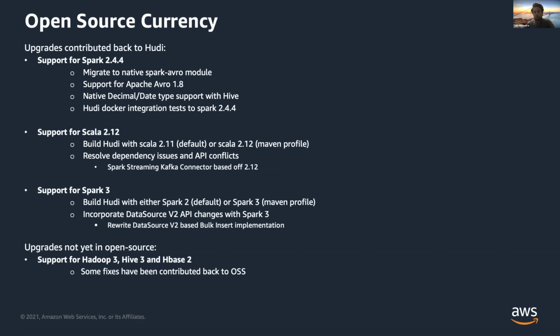And our most recent contribution has been around adding support for Spark 3. Again, by default, it builds with Spark 2. Now you can build with Spark 3 as well, with just a profile change. As part of the Spark 3 upgrade, some of the major work went in around making sure that our bulk insert implementation, which is data source v2 based, is able to work with Spark 3, because data source v2, as you know, was still experimental and they evolved a lot of their APIs